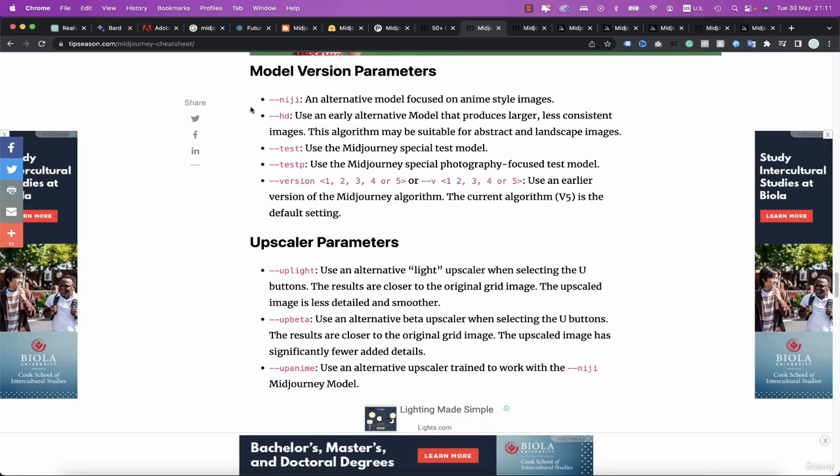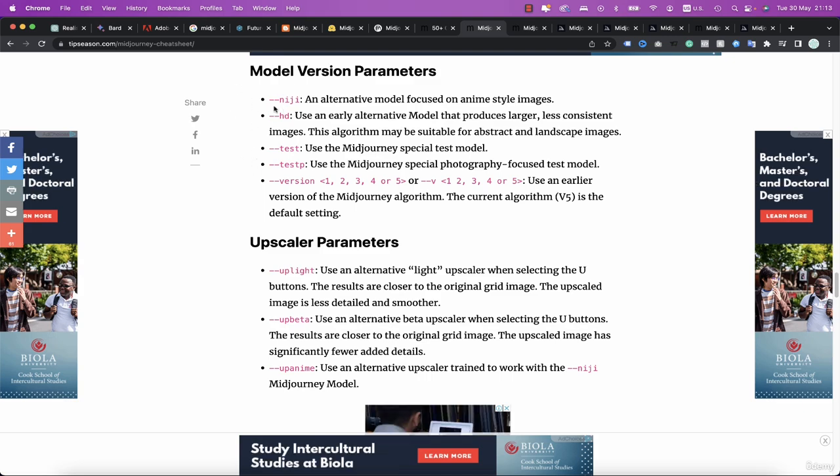And also here we do have model version parameters as well. So for example, you can see Niji in Midjourney, which is focused on anime style images. You can find that one as well in your settings in Midjourney's bot. If you want to generate something that looks like anime style, you can use that one. Or if you want to switch between Midjourney's different versions as well, you can use /1, 2, 3, or 4